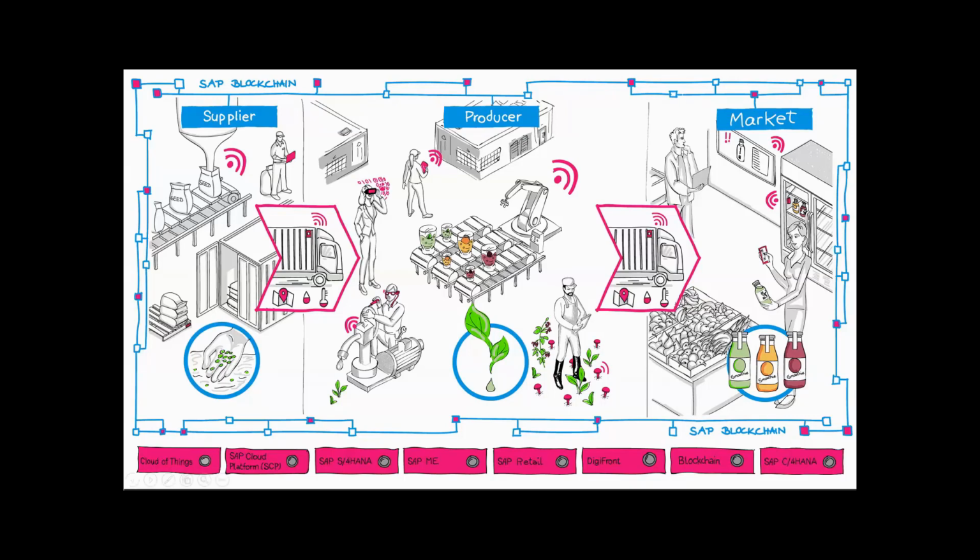We have here the example of a producer of, let's say, smoothies, who needs to buy some ingredients or some things from suppliers. He's going to buy apples, he's going to buy seeds, he's going to buy fertilizer, whatever. He's going to transport these fertilizers to his production place, and he's going to produce his smoothies. Maybe he's also growing some own, let's say, secret ingredients measured by his own data mushrooms, as you can see here. And of course, he would like to sell his products, so he's going to transport his smoothies to markets,